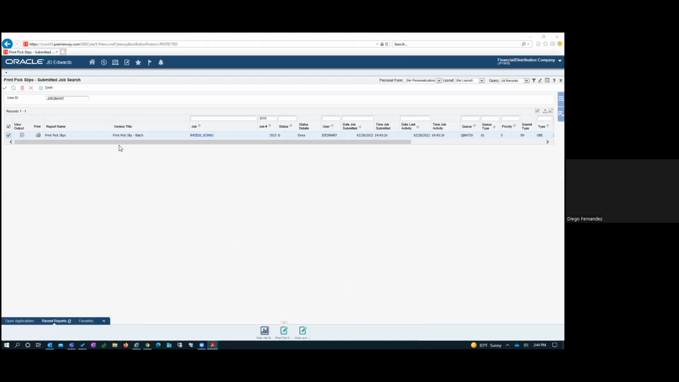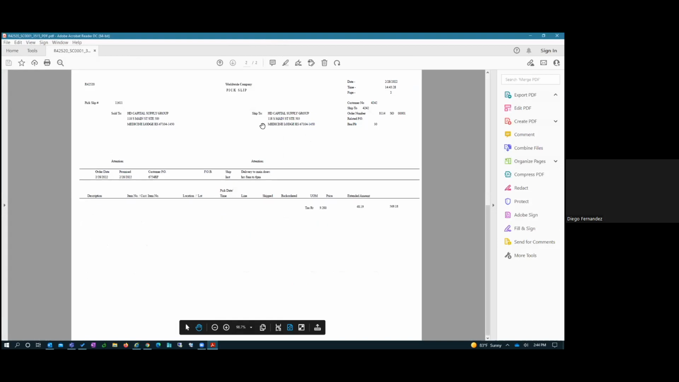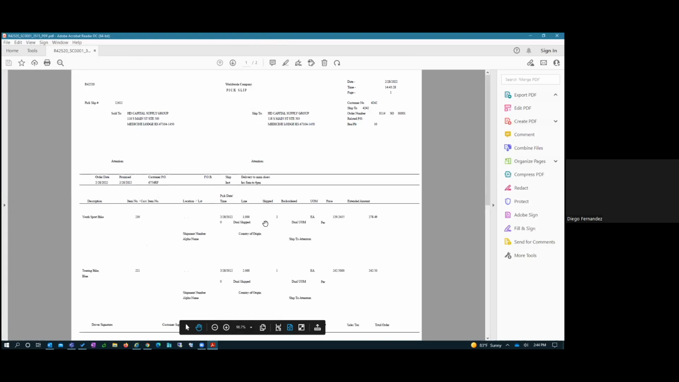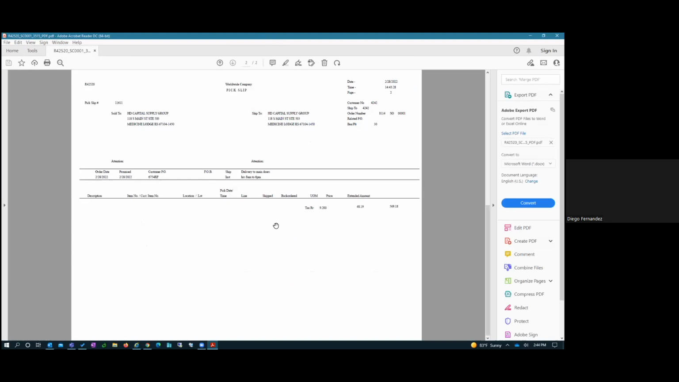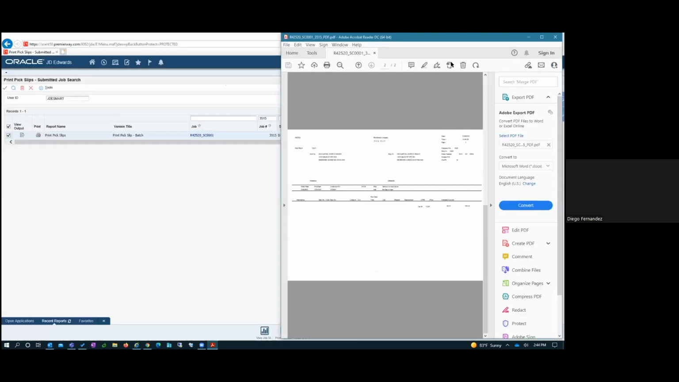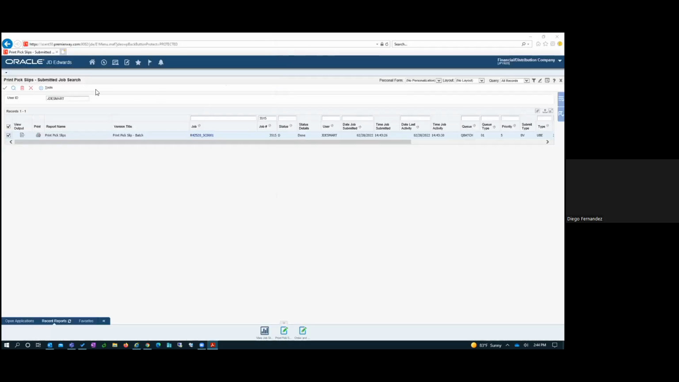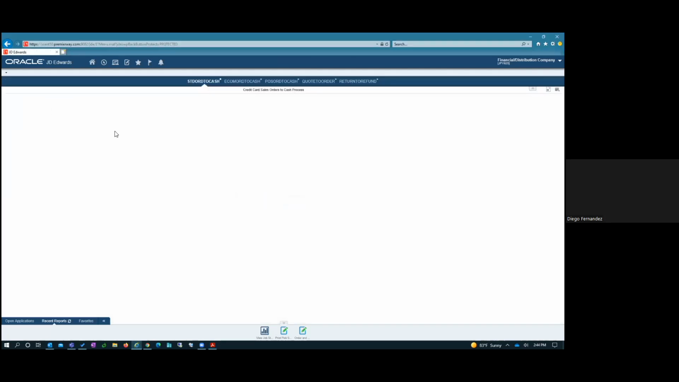As you can see, we have the pick slip report that JD Edwards generates. This is the standard pick slip, and then down below is the sales tax calculation from a presentation standpoint. All right, now that we've done that, we're going to return back to JD Edwards here and